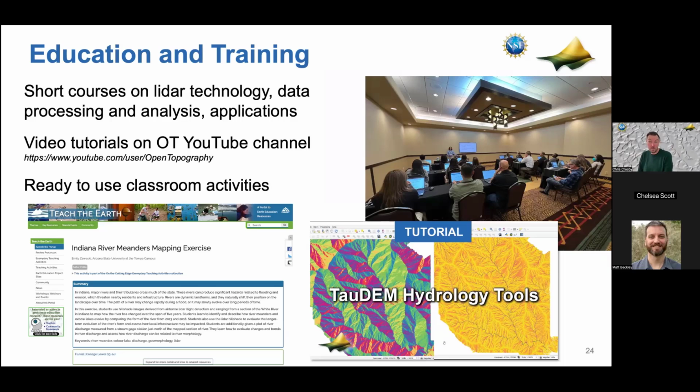And then also curriculum development. If you're an educator, I'm not sure how many of the attendees here are using these kinds of data in a classroom, but we have pre-existing, evaluated teaching resources that can be brought into undergraduate to graduate level classes, and we're doing more work in that area to build out additional teaching resources. So just to make you aware, if you go to the OpenTopography webpage, there's an education and training resources tab that will take you to a lot of this.